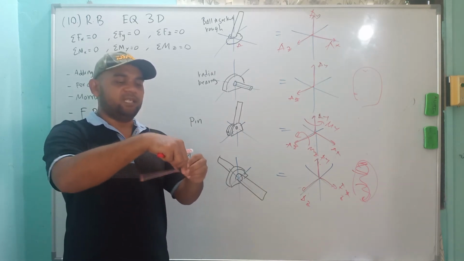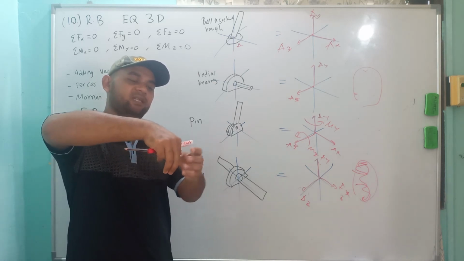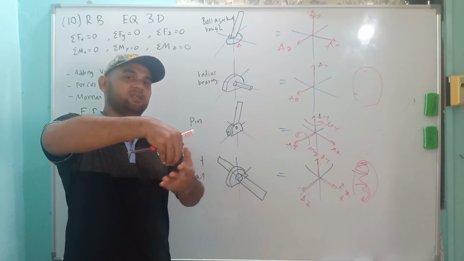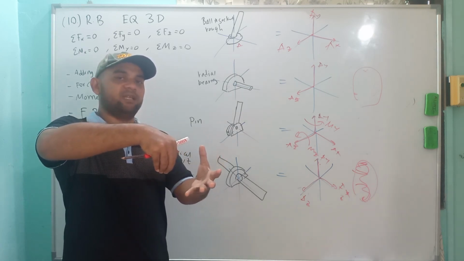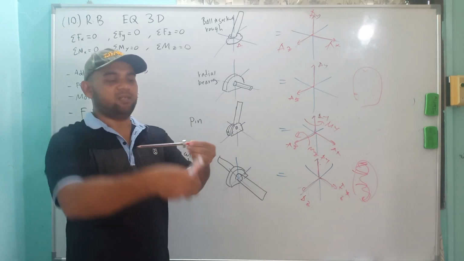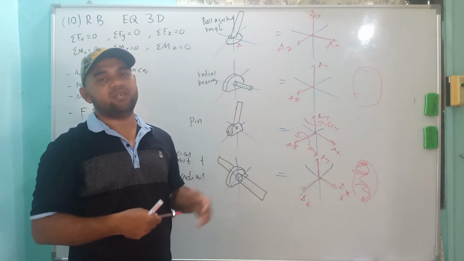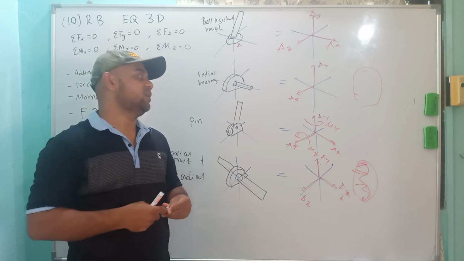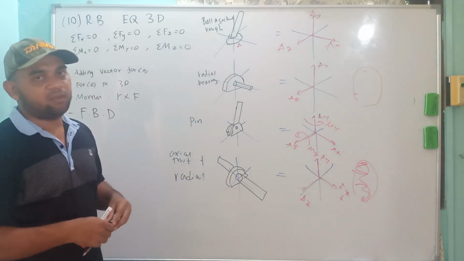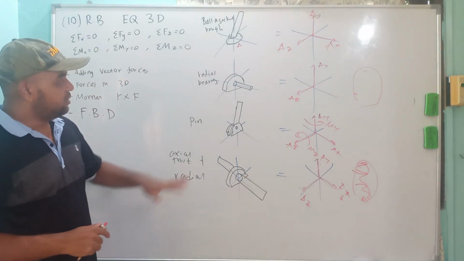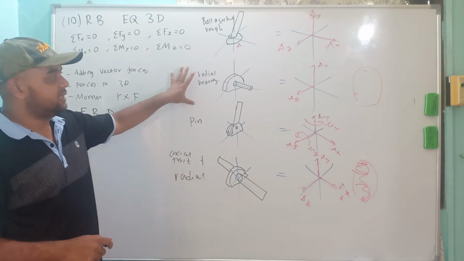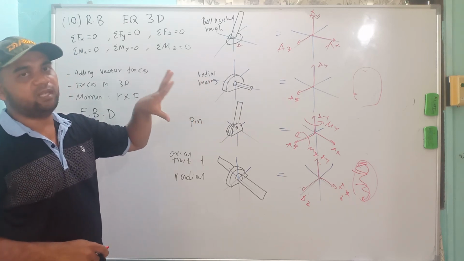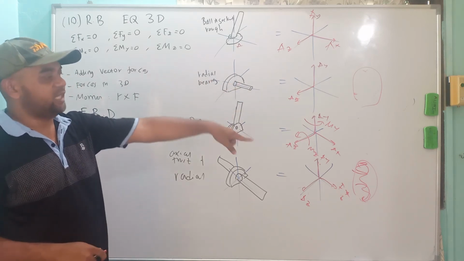But if the component that holds the bearing cannot turn, because it is rigid relative to the shaft, so it will not move, and it can only have the rotation this way, so there will be no moment. So it depends on your design in real life. You have to study that. For the purpose of our class, if the question states nothing, you will ignore the moment. If it states that the bearing will exert the moment, then you put those two moments.